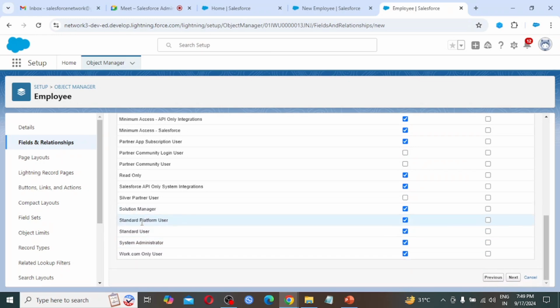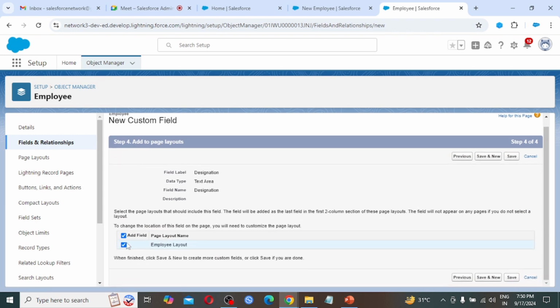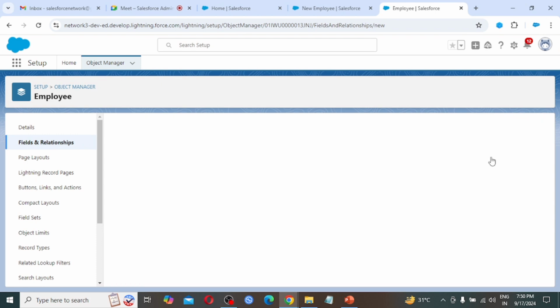Standard platform user, standard user and system administrator, these all are checked. Click next. Add to page layouts, employee page layout is already added, meaning it is checked. Click save and new, as we have to create some more fields.